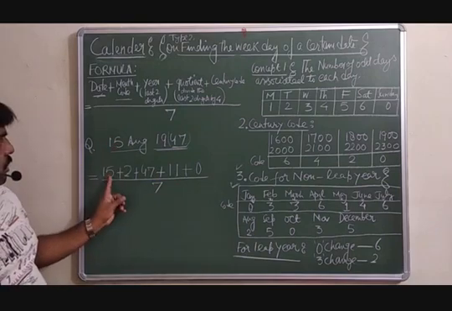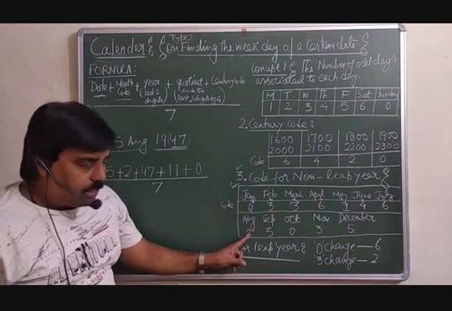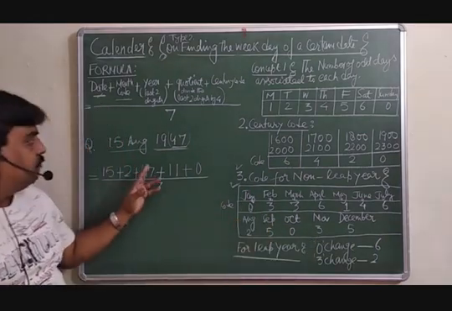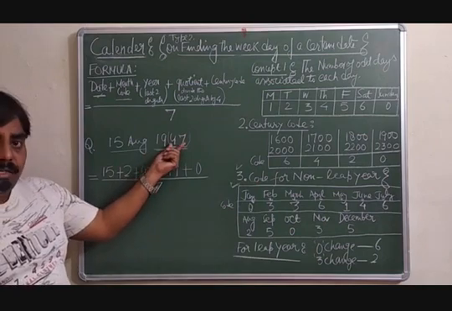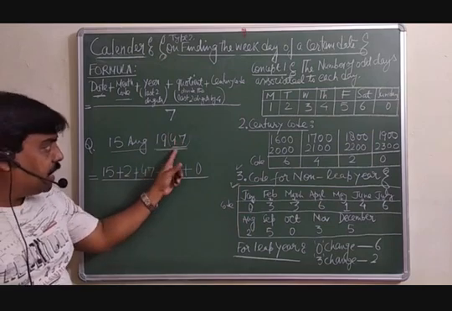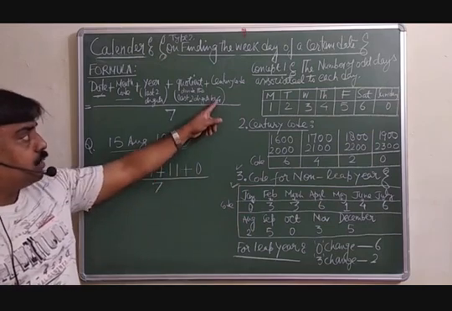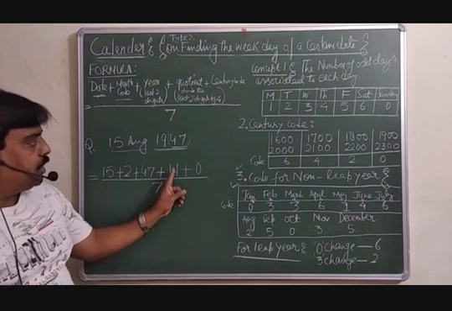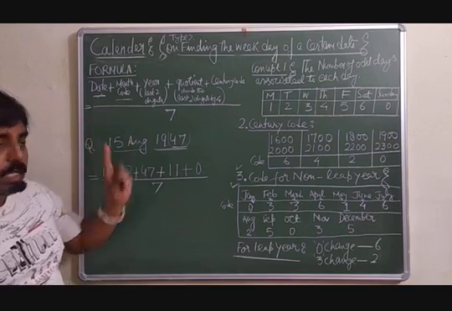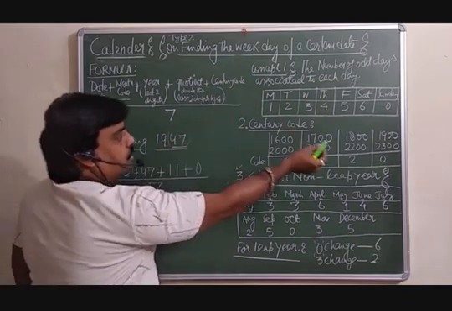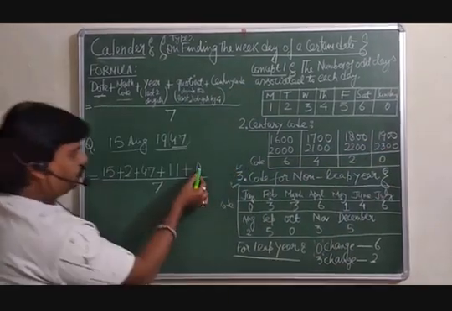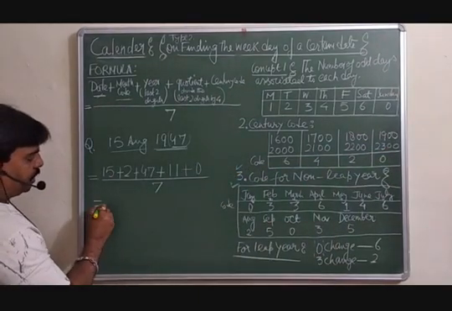15 August. For the month of August, you have to take the code. Just remember, learn these codes only. इन codes को आप learn कर लीजिए. Then plus last digit of the year 47 plus the last two digits divided by 4, and you must write down the quotient here. So 47, 4 11 जा 44, forget the remainder. And plus century code. Century code is here because 1900 to 99 century code is 0. So 0 is here. You must add all these and divide by 7.